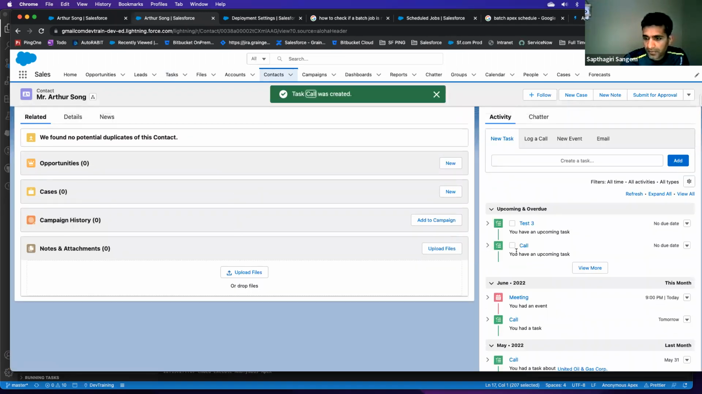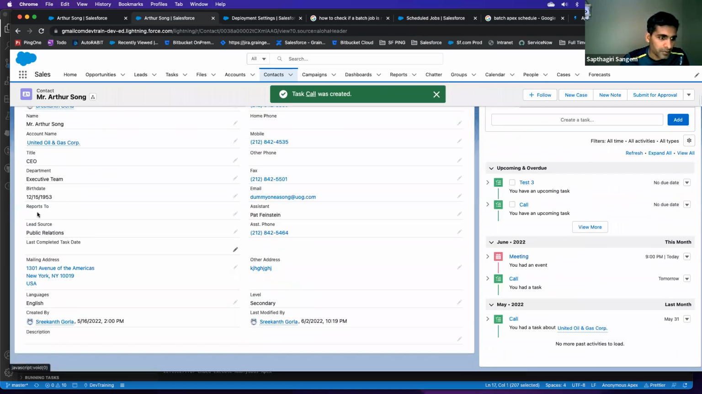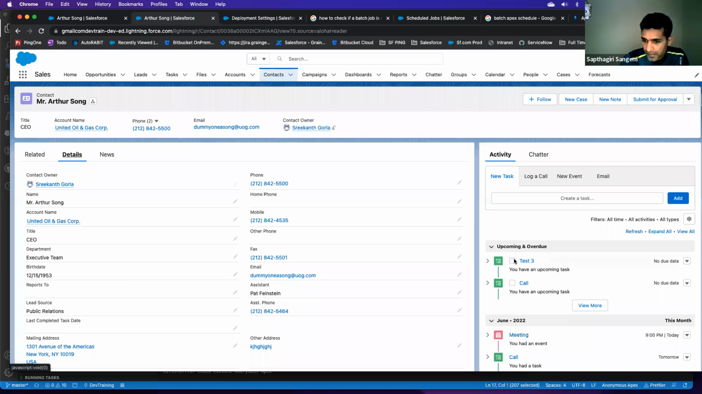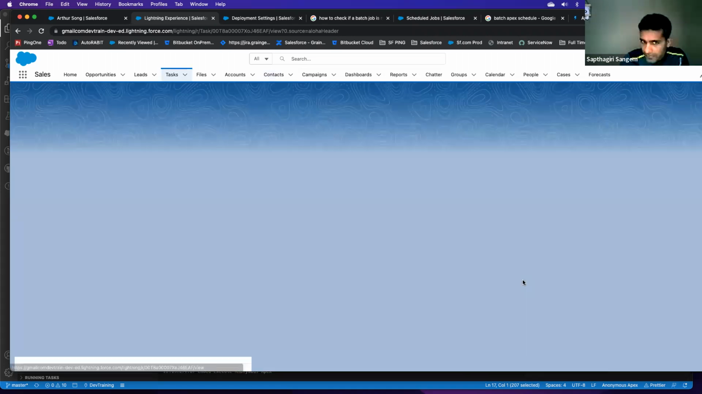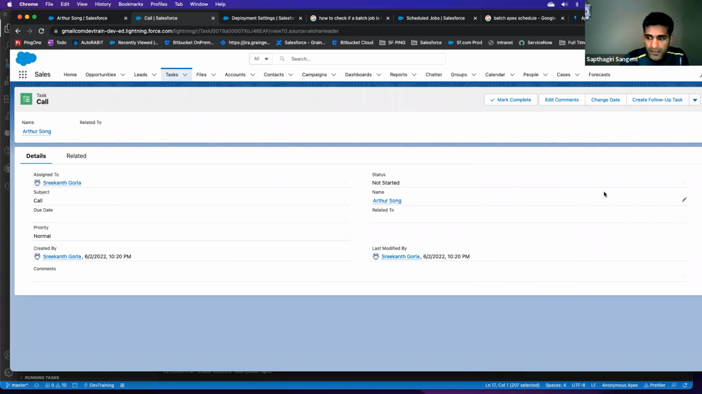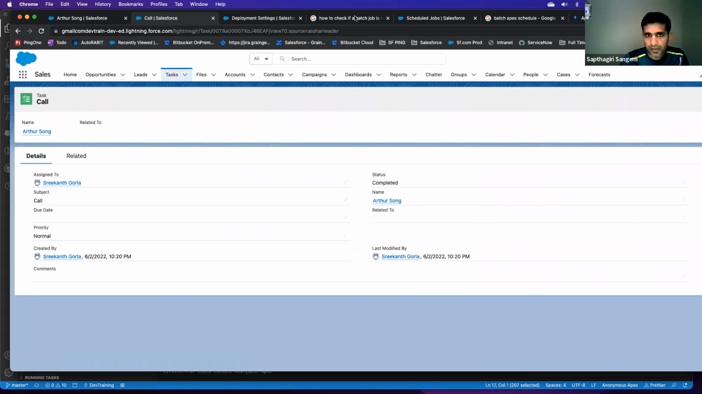We created a task for Arthur, and if we see this Arthur guy, he doesn't have any last completed task date. It is empty since we ran the script. Now we are setting this guy. I think we created this one right now. This task, yeah, not started. Let's set this status to complete, and now our batch will fire,